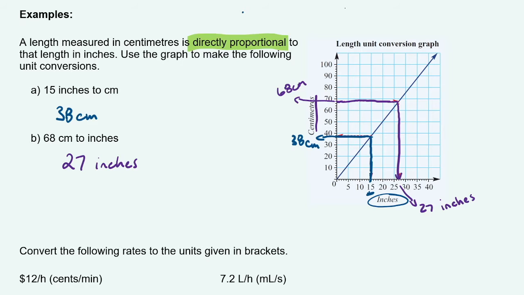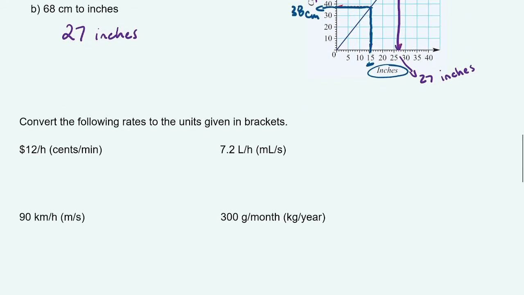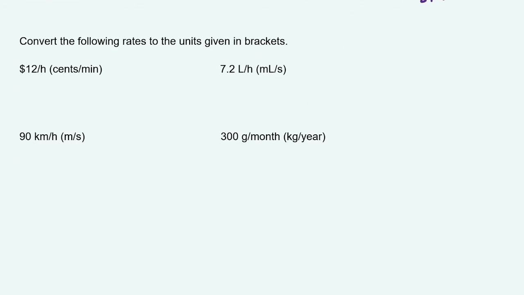Alrighty, moving on to a converting rates question. We're going to convert the following rates to the units in the brackets. Our first one here is $12 per hour, and we want that in cents per minute. So let's convert $12 to cents. To do that, we need to multiply it by 100 to get the amount of cents, because that's what cent means. And then the hour, we're going to times by 60, because that's how many minutes there are in an hour. So we end up with 1200